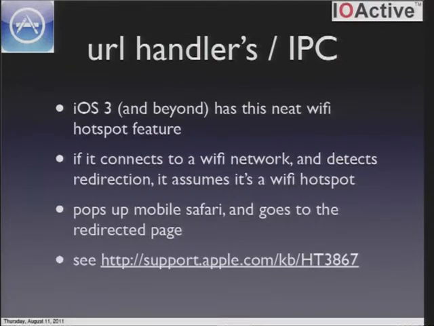As of iOS 3, they have this cool feature called Wi-Fi hotspot. And what that thing does is, this stuff is on by default. As soon as you connect to a Wi-Fi network, the very first thing iOS does is it goes out to www.apple.com. And if it gets a 200 response back, it says, that's fine, I have a good network connection. But if it gets a 302 back, which is an HTTP redirect, it says, oh, this must be a Wi-Fi hotspot. Why don't I bring up the browser and let you log in? And it kind of looks like this,